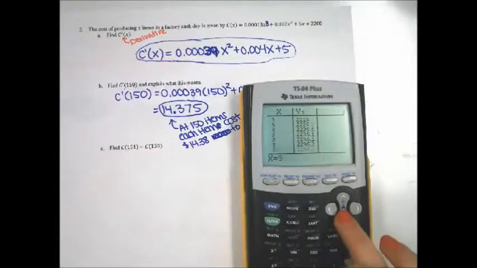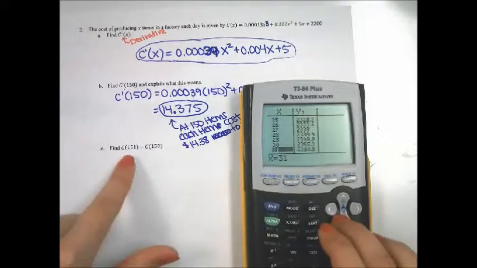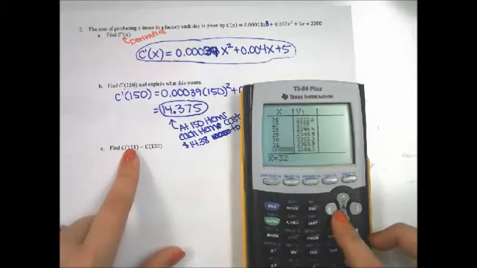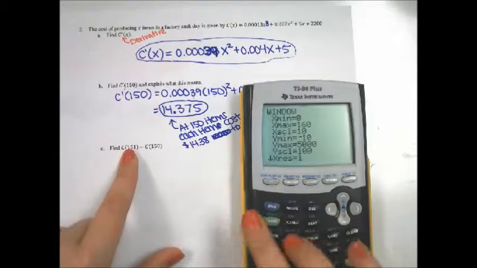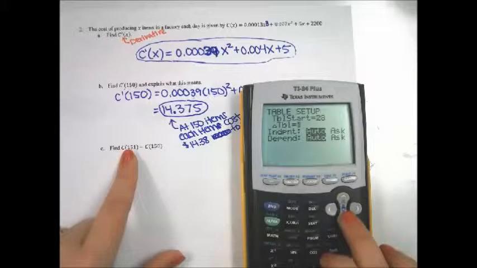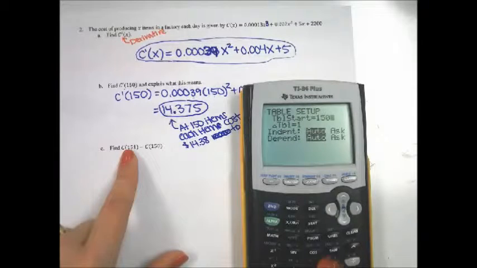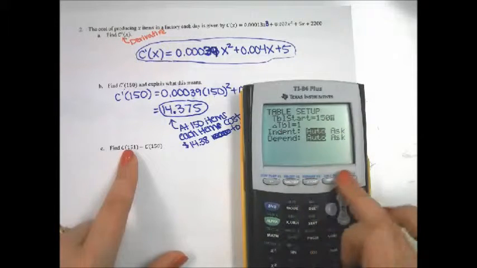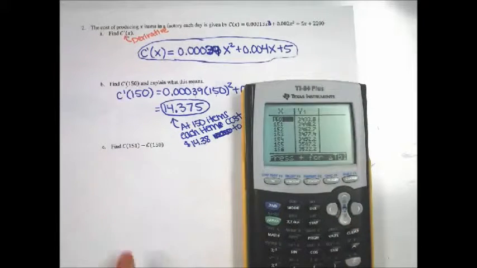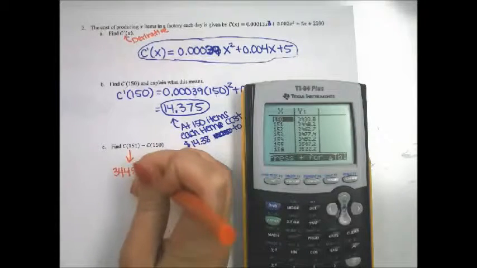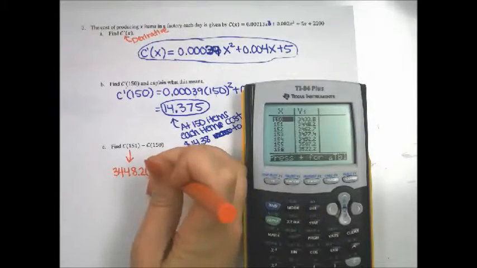At 151, now here's a strategy you can use in your table because this is a little bit annoying. I want to find my original function with this plugged in, so I can use my table for that. You can go to your window, second window, and you can change this table start value. Some of you might have figured this out, but we could have our table start at 150. That way we don't have to scroll so long. So the cost at 151 is $3,448.20 minus the cost at 150 is